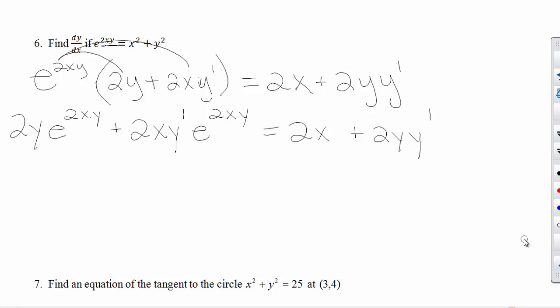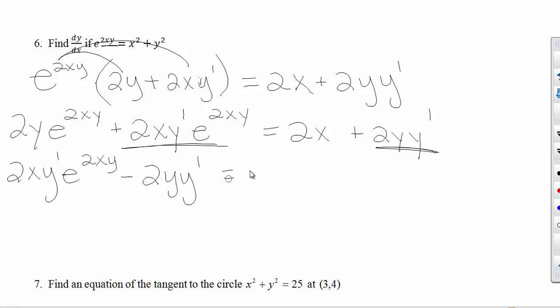Now I'm going to collect my y primes. I have a y prime in this term and this term. I usually just always bring them to the left. So I have 2x y prime e to the 2xy minus 2y prime, and the right side I have 2x minus 2y e to the 2xy. Now that my y primes are on the same side, I want to factor the y prime out and divide by what's left. So I'm going to just go right, see if you can follow this. So my answer would just be